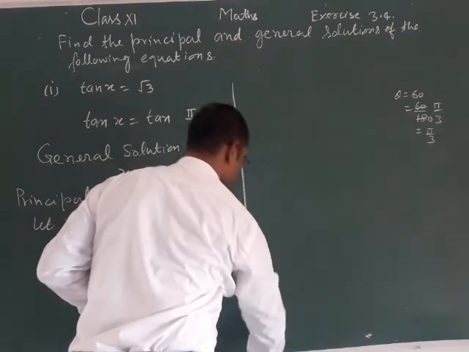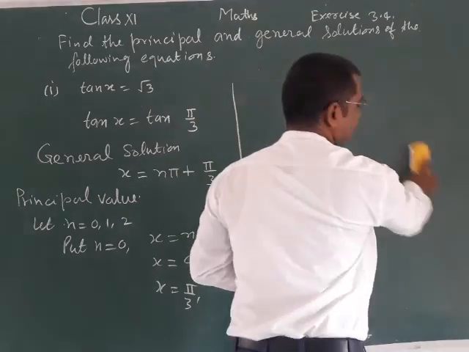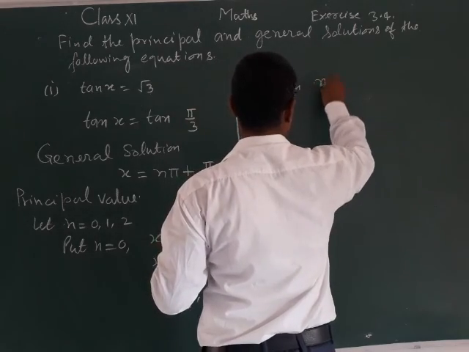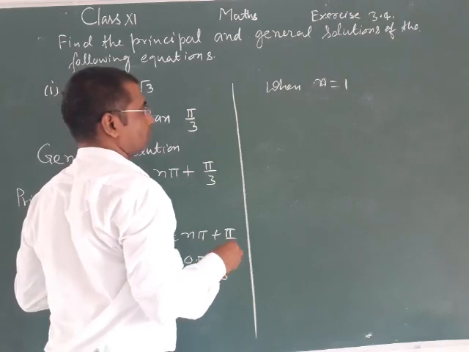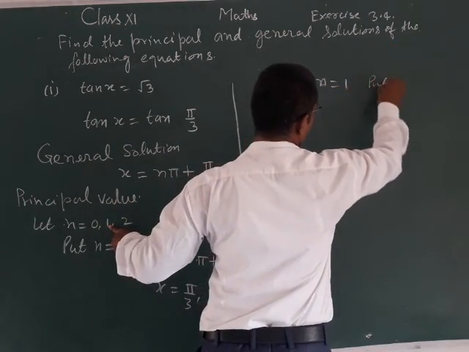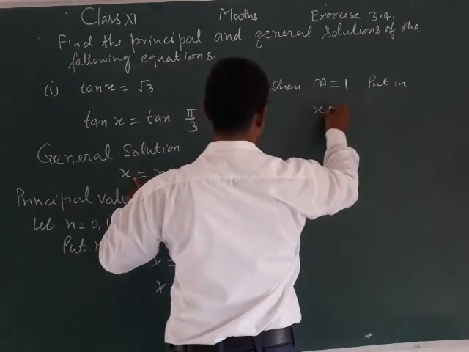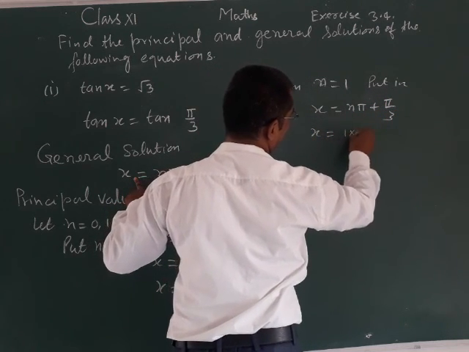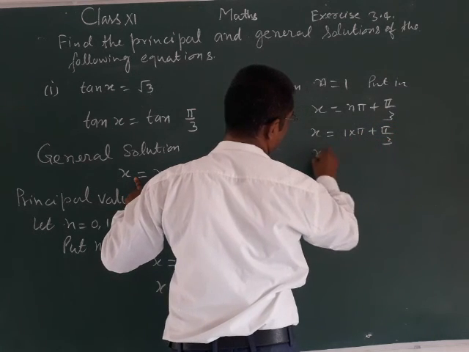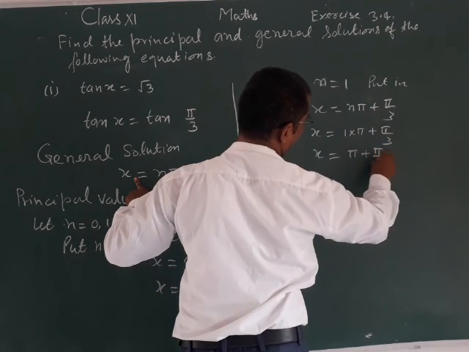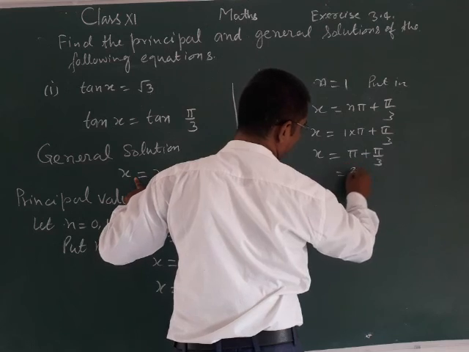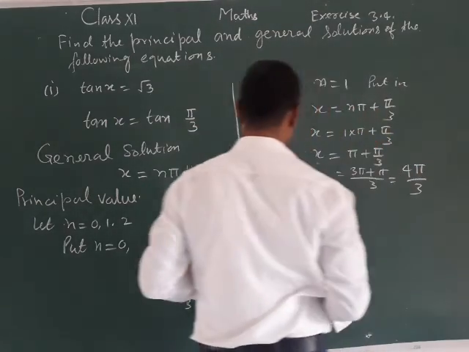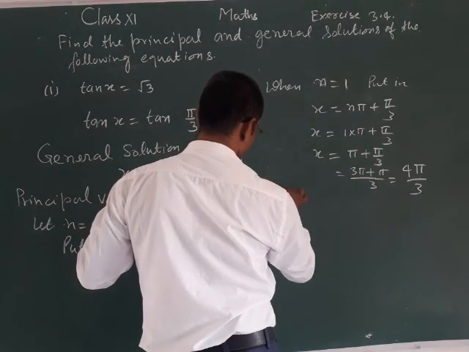When n is equal to 1, x is equal to 1 into pi plus pi by 3, so x is equal to 4 pi by 3. And also n is equal to 2,